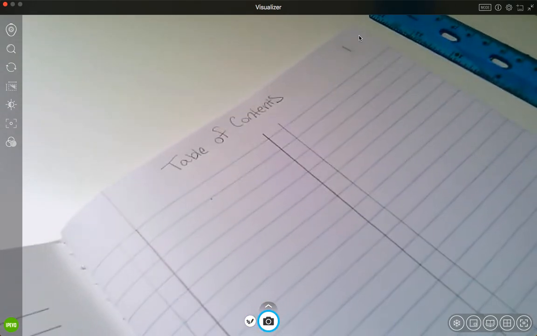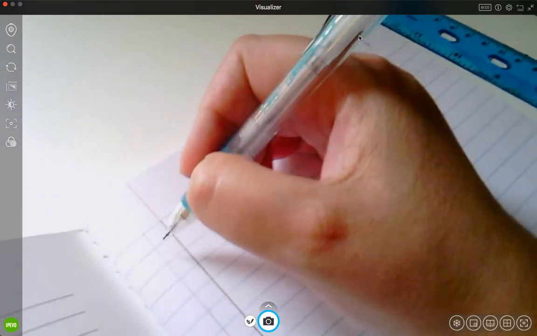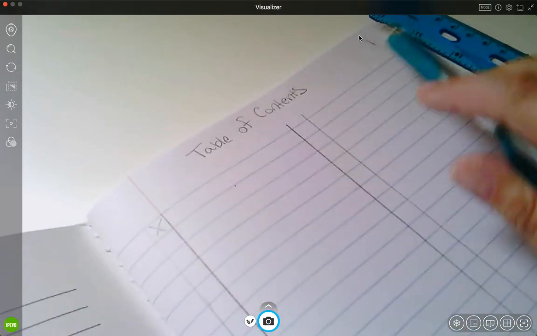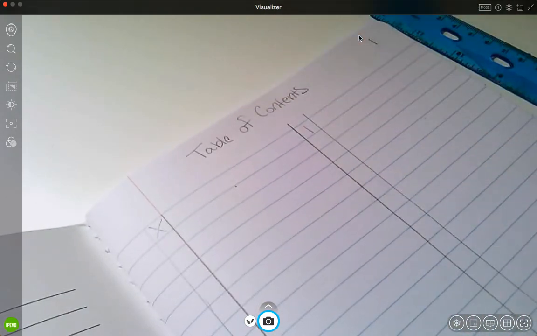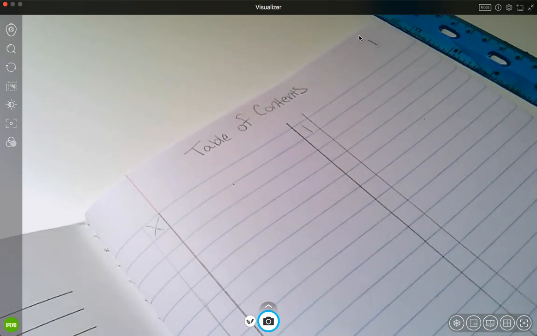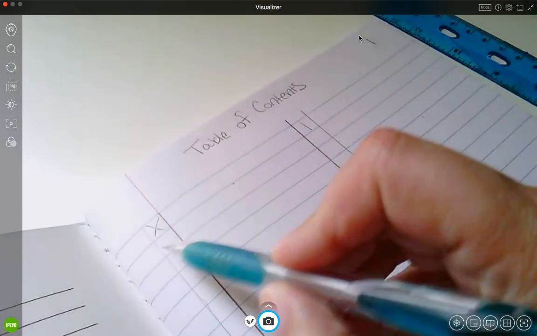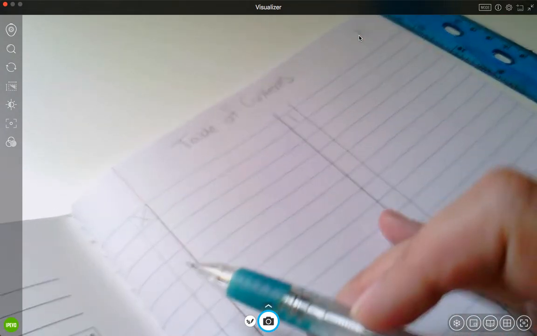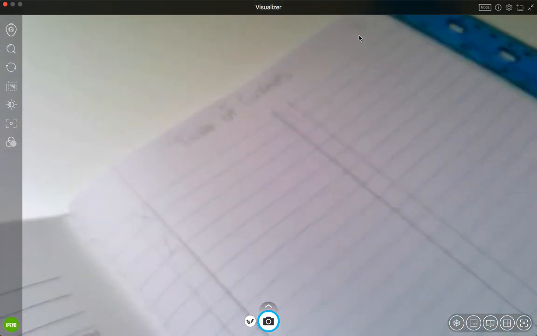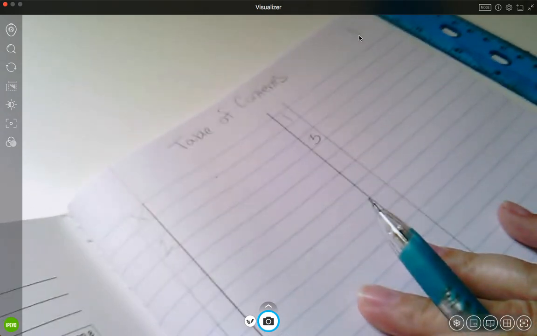And to keep this nice and organized, just like our notebook, right? I'm going to put an X at our first page because that's the back of this cover. And page 1 is on the right side, so this is where my number 1 is going to go. And I'm going to skip a line just to make sure I keep this nice and organized and I have enough room to write what I need to write in my table of contents. So I'm going to skip this line. And here, if this is 1, this will be 2. And across from that, we have 3. Then we skip a line,